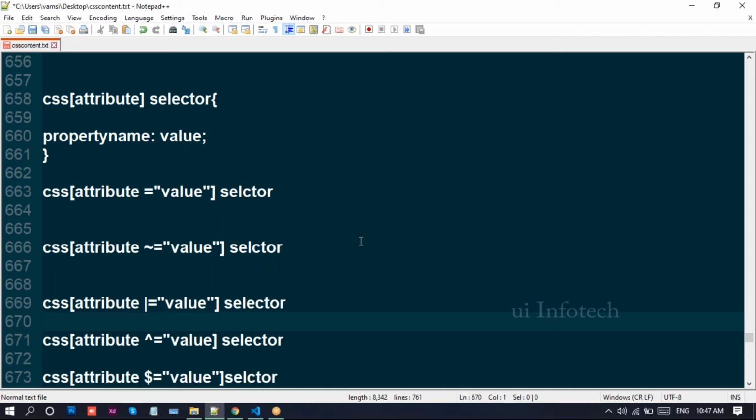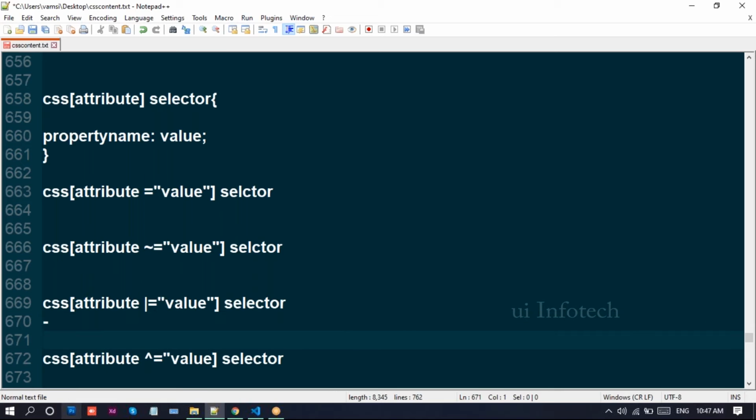Those class names will be affected by the tilde operator. A clear example will give you a clear understanding. So tilde means space, and the equal operator is equal to the given value in the attribute.